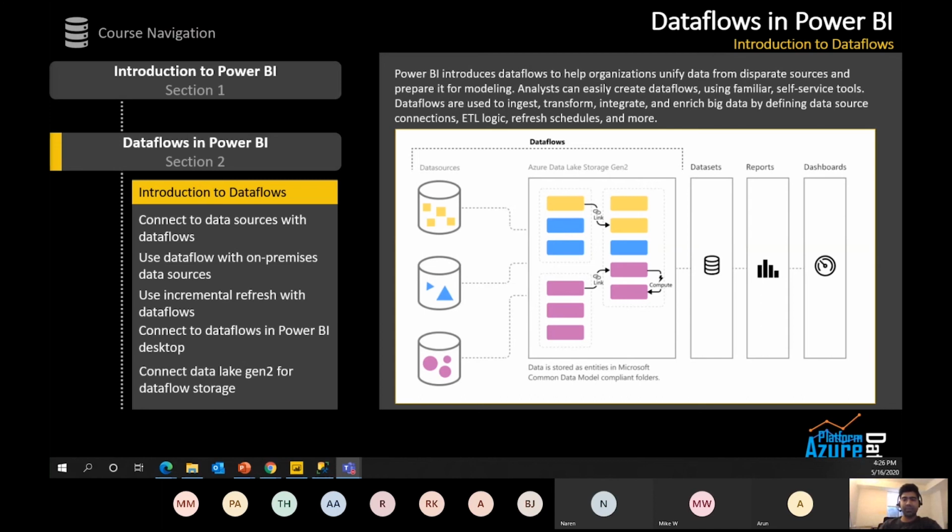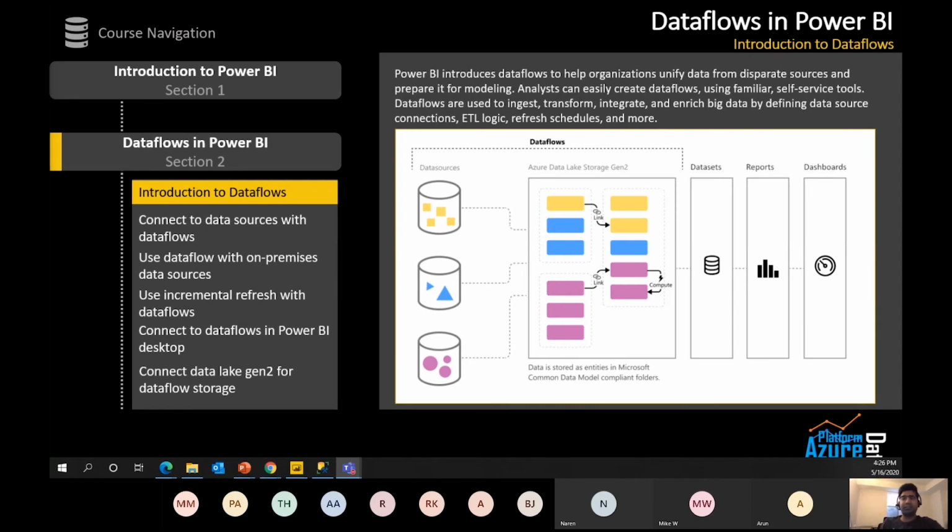So there was a reason behind why I tried to cover introduction to Power BI before coming to data flow. The main reason was that all the features that I showed you in the introduction to Power BI section, you will find almost all of them available in data flow. That's why it was important for you to understand what features we have on normal Power BI without data flow. And then it will make more sense when you come to the data flow part.